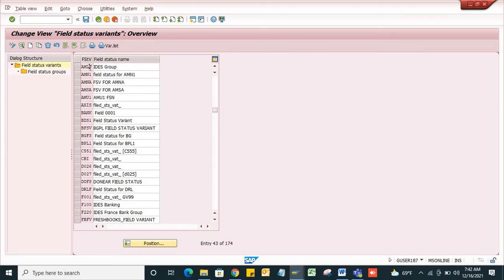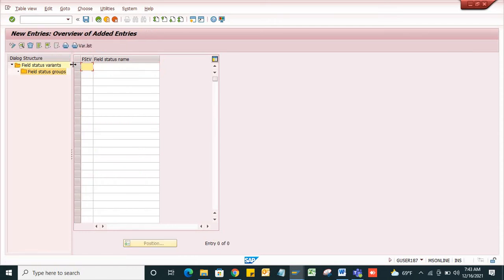See, this is my field status variant. In the previous video I explained what a field status variant is; now I am going to show you how to create it in SAP. Click on this. My field status variant is AKSL. I will create my field status variant with the same name as the company code, AK field status. Then I will press enter.